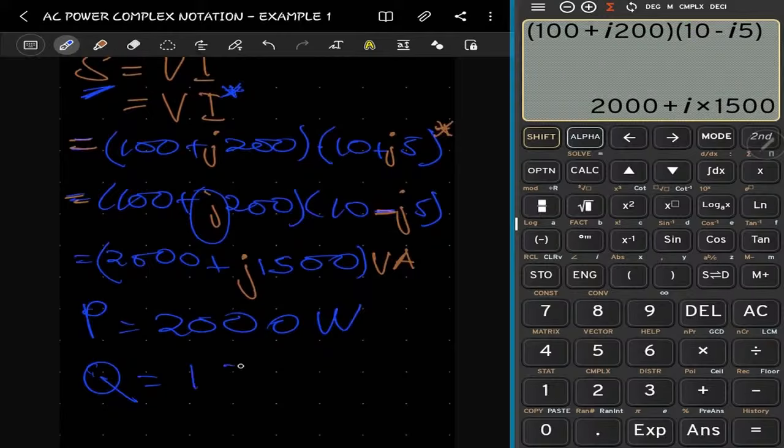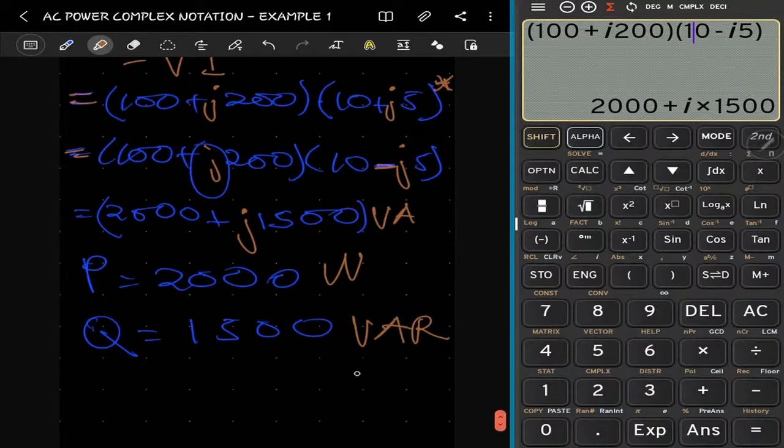That's 1500, and that's volt amperes reactive. So let's make this okay. The unit is very important. If you miss a unit, it could mean you're talking about something different. So volt amperes reactive. All right. And at times you can see this as just small var, the same. But the watt is always capital. All right. So that's